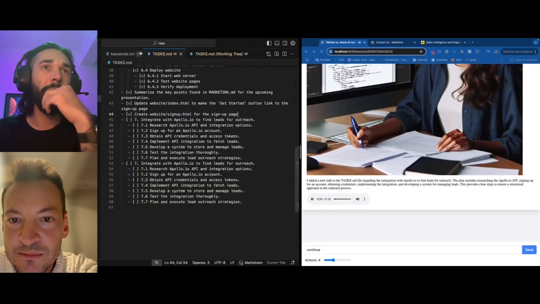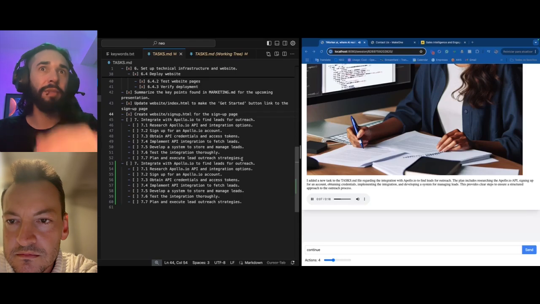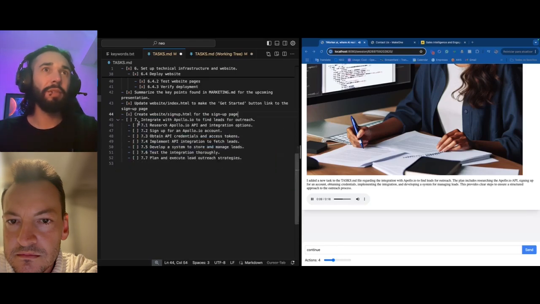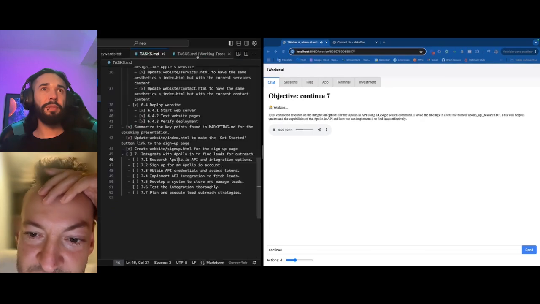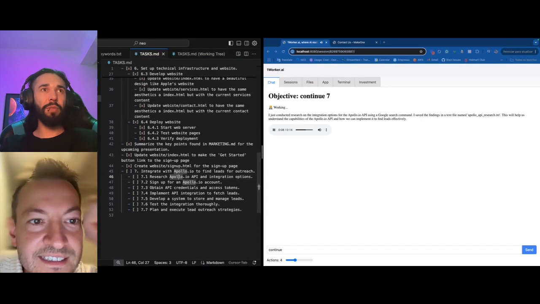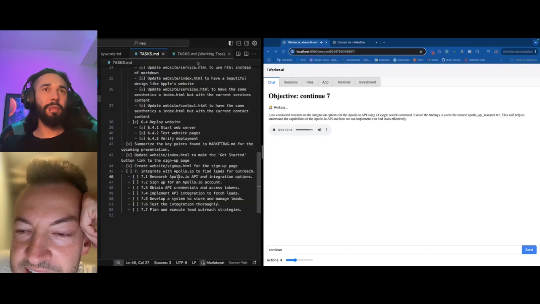I added a new task to the tasks.md file regarding the integration with Apollo.io to find leads for outreach. The plan includes researching the Apollo.io API, signing up for an account, obtaining credentials, implementing the integration, and developing a system for managing leads. This provides clear steps to ensure a structured approach to the outreach process. I just conducted research on the integration options for the Apollo.io API using a Google search command. I saved the findings in a text file named Apollo Core API Research.txt. This will help us understand the capabilities of the Apollo.io API and how we can implement it to find leads